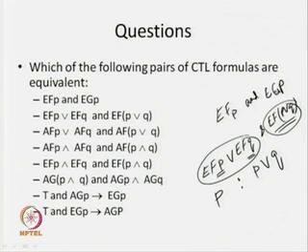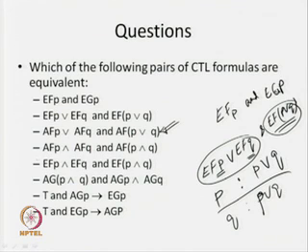Now, look into the third part. It is saying AFP or AFQ, and AF(P or Q). This is similar to your second formula, but instead of E, I am having A. The same property holds for this particular OR operator. So, these two formulas are also equivalent. You can check it. I am saying that this third formula is also equivalent, because of the property of this particular OR. If P is true, then P or Q is true. If Q is true, then P or Q is also true.